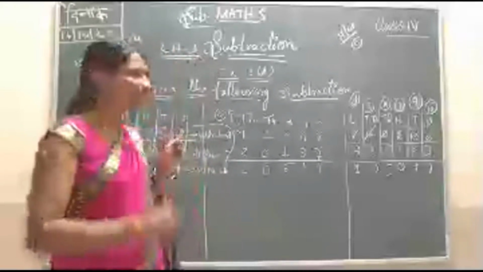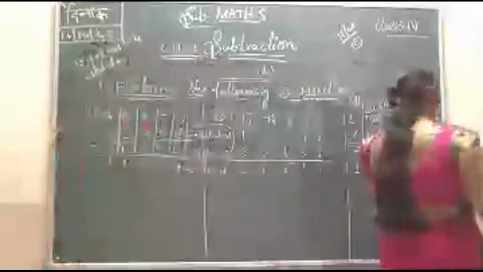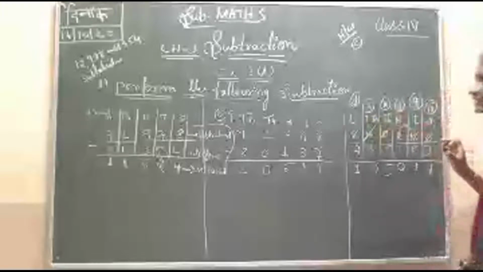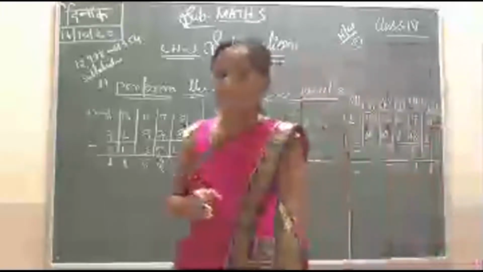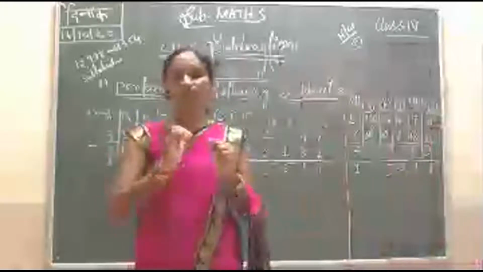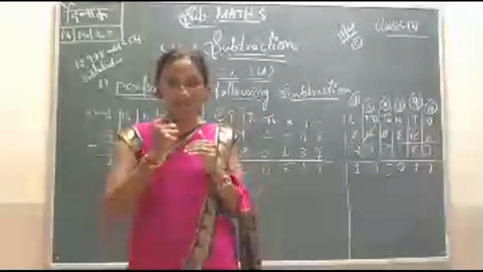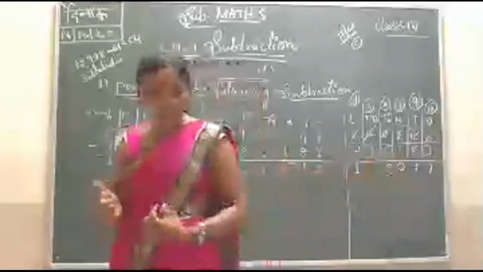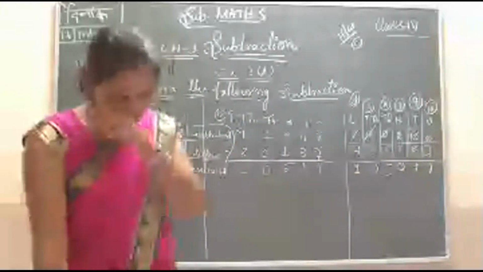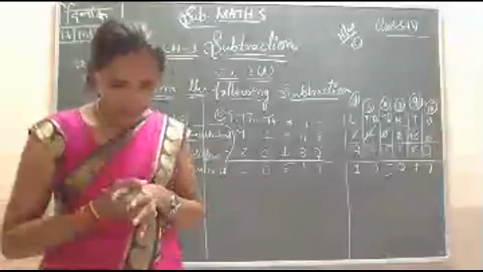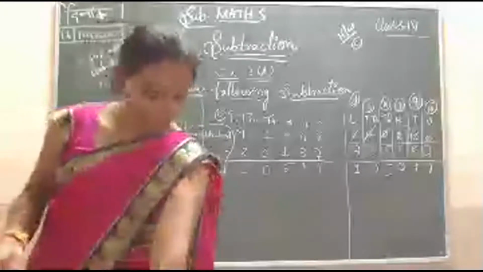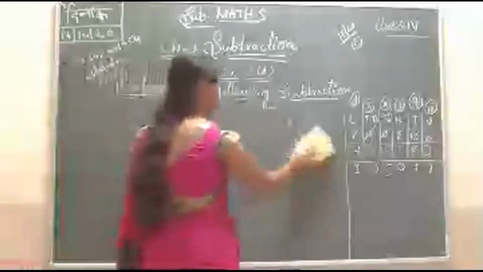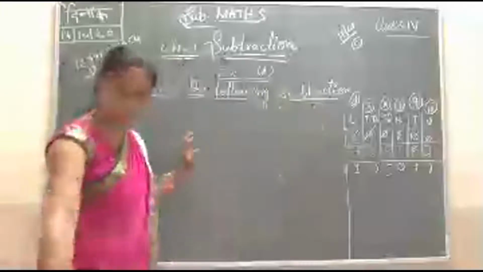So students, you have to do some different exercises, especially with different upper numbers. First observe the upper number. If it is a smaller number, you have to take a carry from the side, but not if it is the bigger number. First you have to compare whether the upper or lower number is big or small. First compare, afterwards solve the exercises. Okay. So next students, again I will explain E and F, because E and F are also different subtractions. You have to write this in your classwork, students. Don't forget. Okay. So